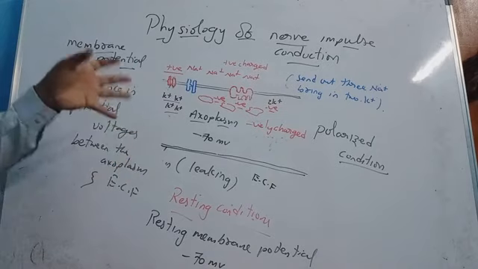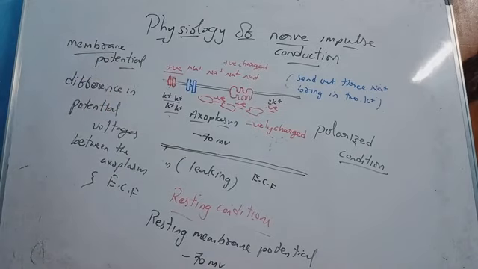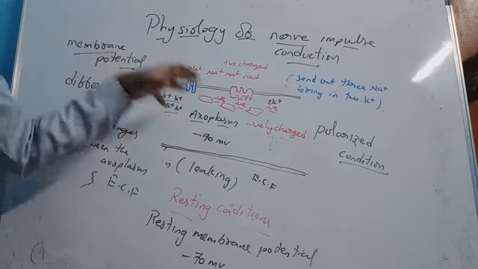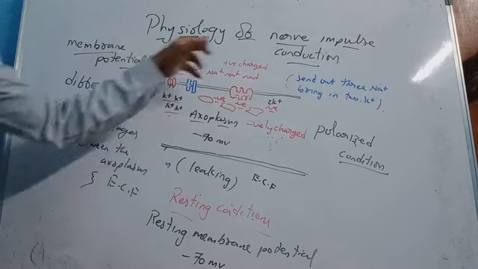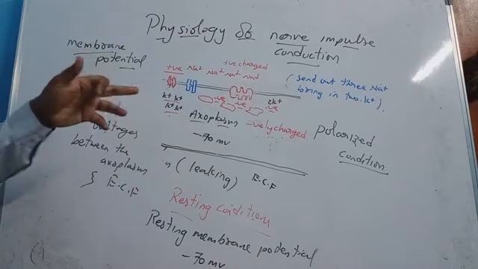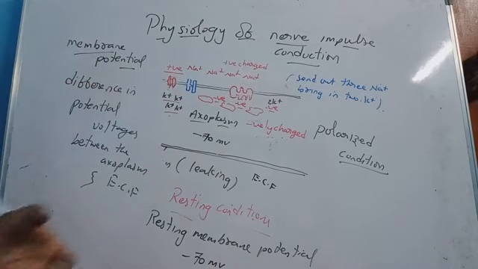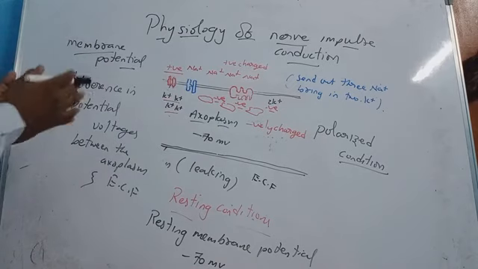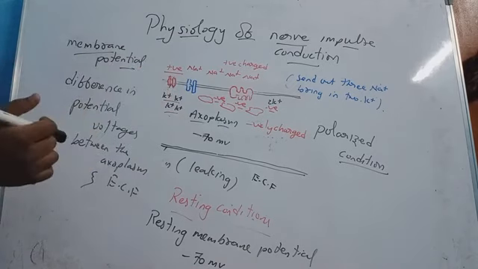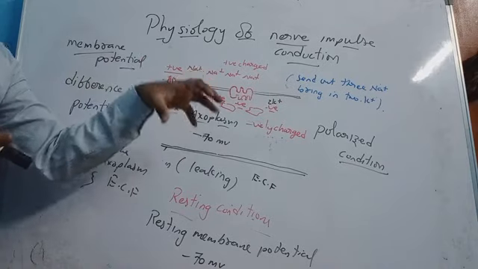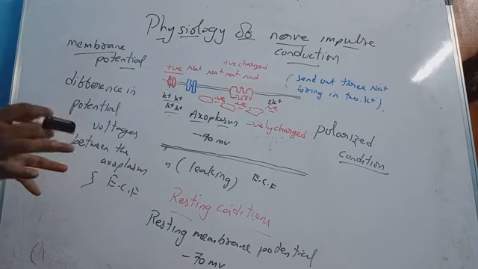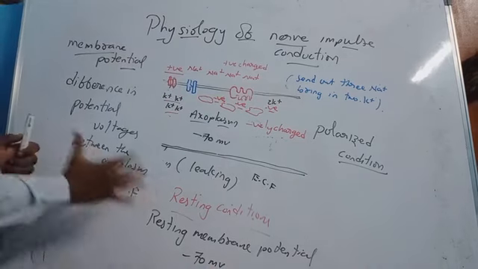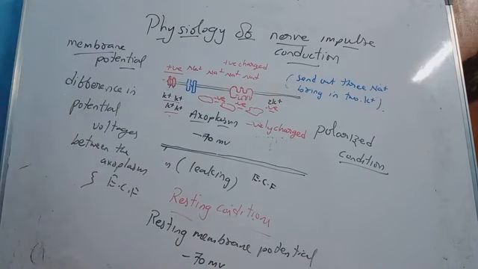Now whenever a stimulus is applied, whenever there are some changes in the outward environment, what happens? There is some change in the ionic channels' activity. So these ionic channels will change their activity. Then what happens is the activation of the nerve, or the membrane potential changes causing the nerve impulse. That we will discuss now one by one. Okay, so that's about the resting membrane potential, which is around minus 70 millivolts.